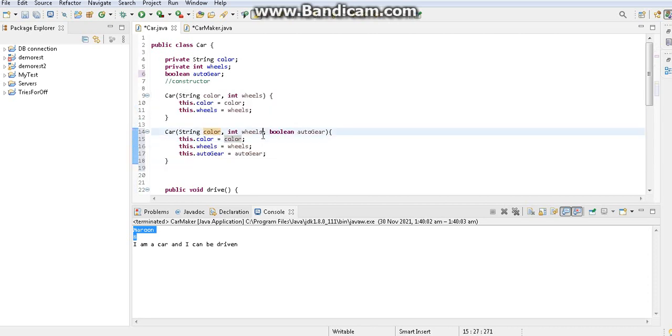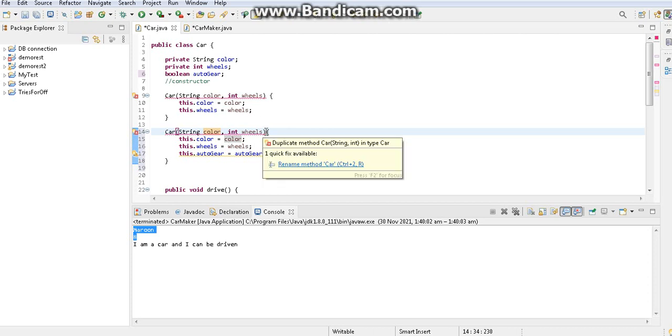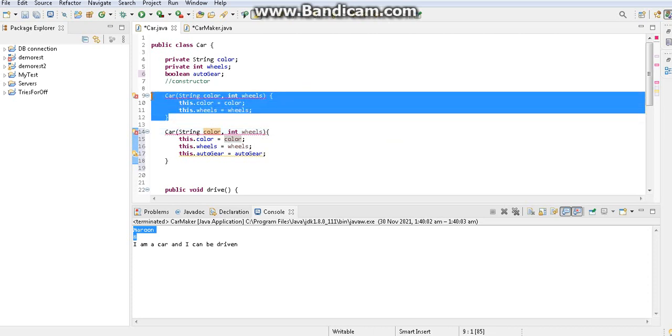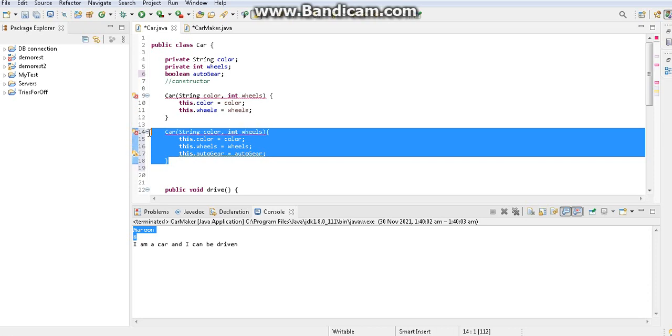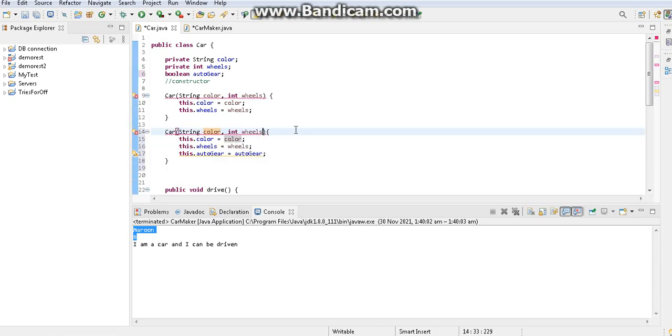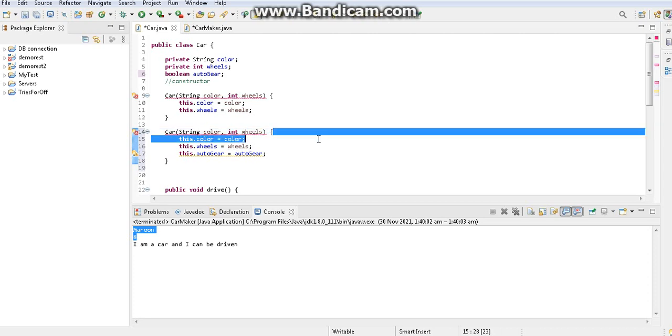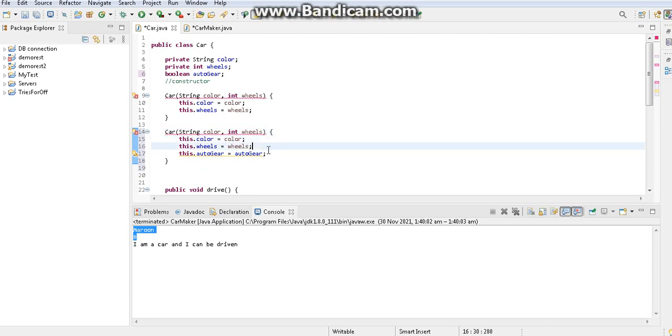Okay, so I will again remove it and I will show you a different thing. So I'm telling you another way. This is one way of constructor overloading: you can increase the number of parameters so that the system can differentiate between two constructors. With normal methods also you can use this scenario. Those things you will study when you go to inheritance or polymorphism. Let's look at the constructor for the moment.